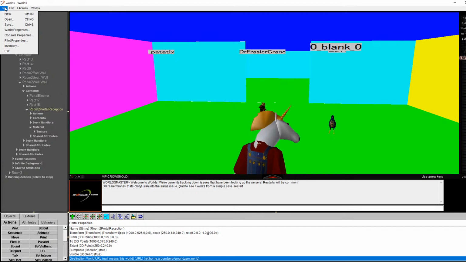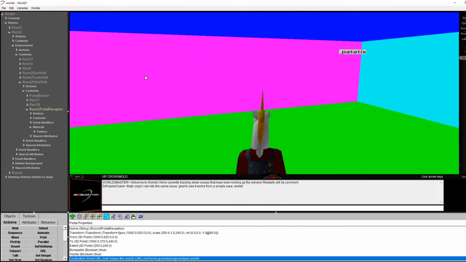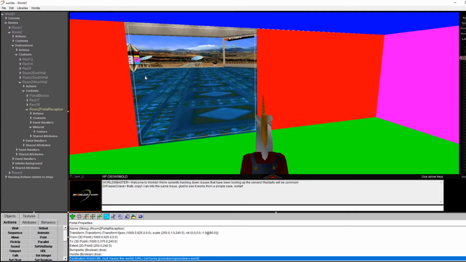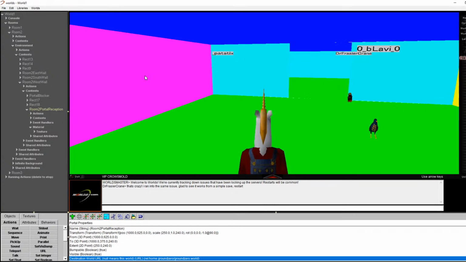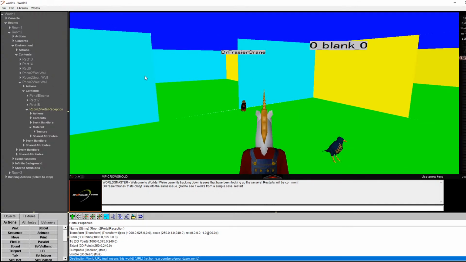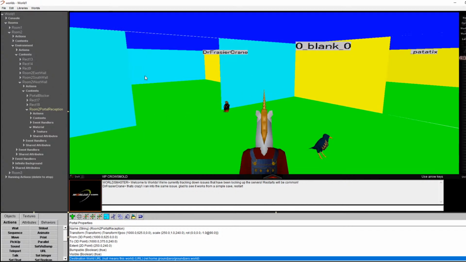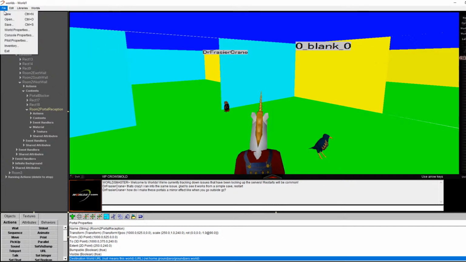But I'll just go over some basic things I can think of, since that explanation of portals was actually pretty quick. Actually, I have a few more things I could go over here. So one thing is, when you create a new world like this and it puts you in a default room, what you're going to want to do first of all, if you want other people to be able to join you in that world,